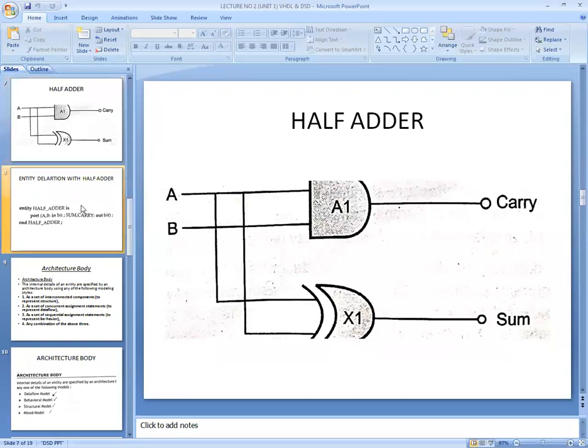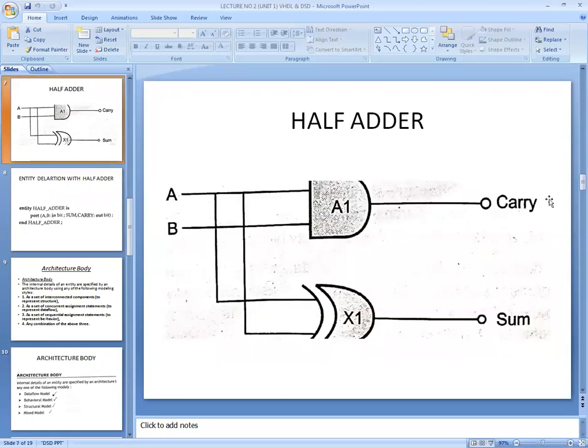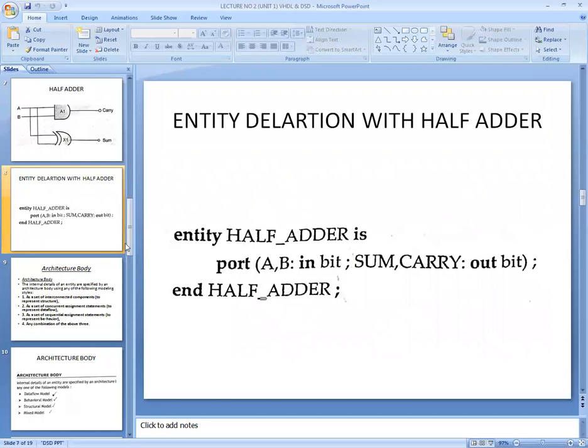The next part is how you declare the entity of a half adder. The entity declaration part is common for all three modeling styles. So here we write entity half adder is, and having seen the diagram, A and B as inputs and sum and carry as outputs. So we write entity half adder is port A and B as input and sum and carry as output.